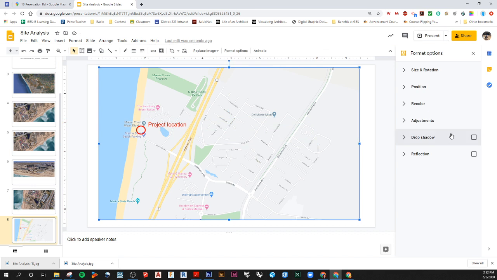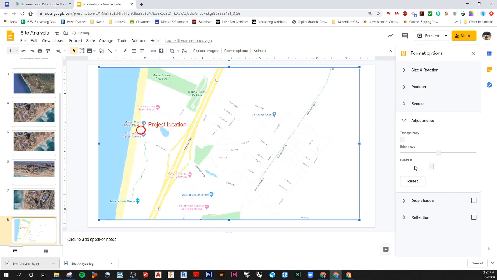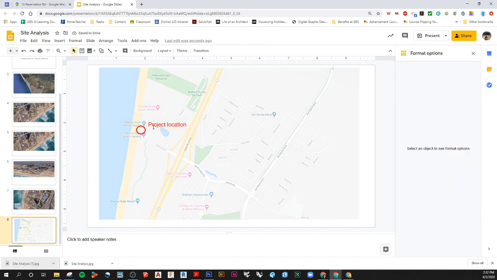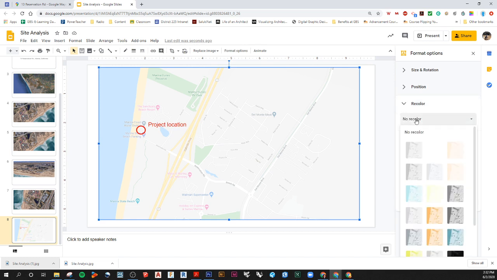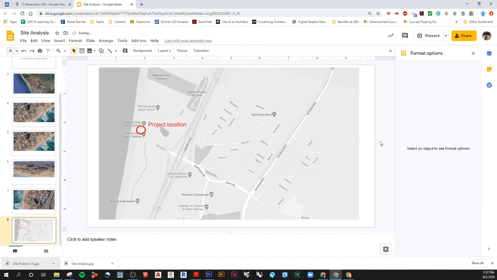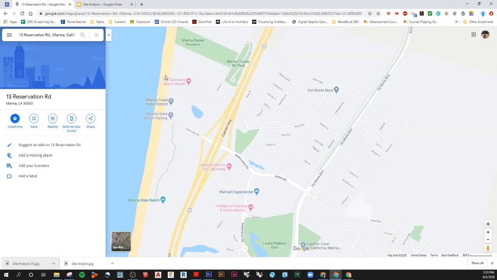The actual map itself, we can do some quick adjustments here just with Google Slides. So we can drop down the contrast or up the contrast. We can change the brightness on it. I usually leave most of that the same. If you want to up transparency, it'll make it more faded. If you want to make the text and the annotations stand out a little bit more, that's one way to do it. You can also recolor the map. So we could go with a gray or a darker if you want to make it look a little bit more artistic. And so now we'll make another slide,